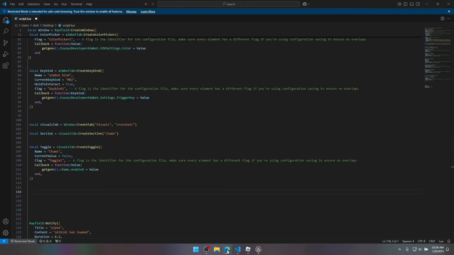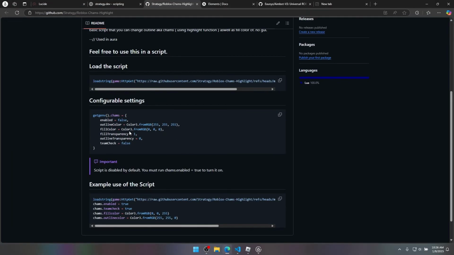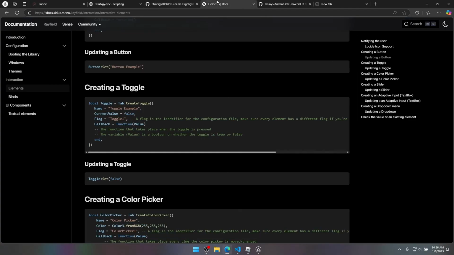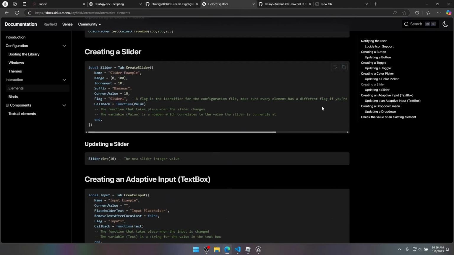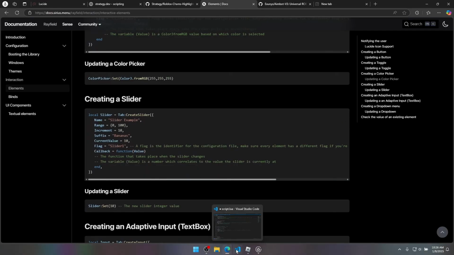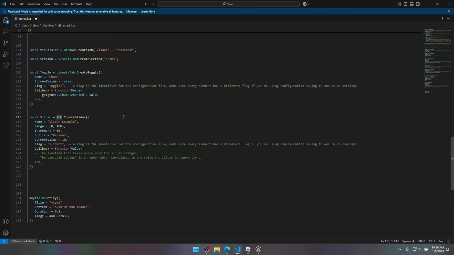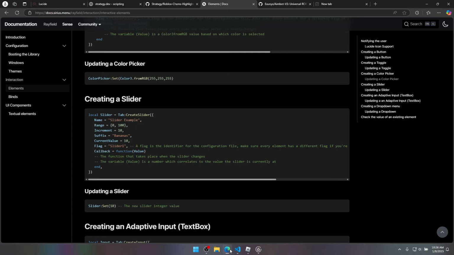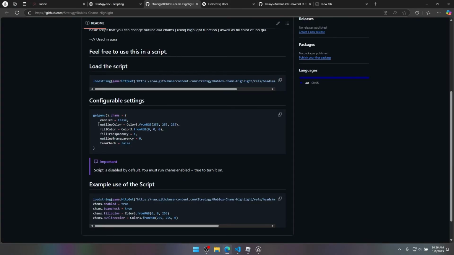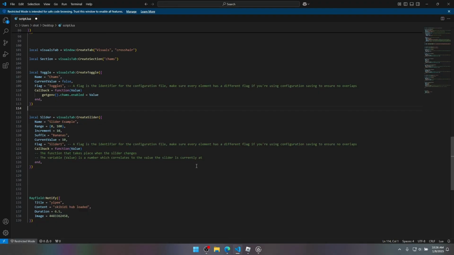And we've got our Chams. Now what we will do is, I hate this. We can put a slider, a few sliders, pink, and then we can do visuals. I'm not gonna do all this, okay? What you're gonna have to do if you want all this stuff is you're gonna have to do each one individually in the team check toggle. I'm not doing that. This is a short video. Well, now it's not, but